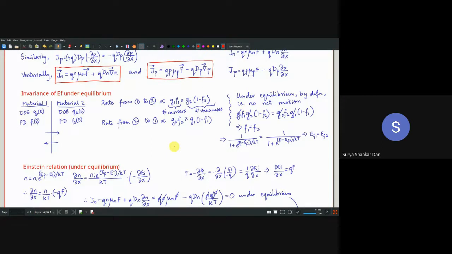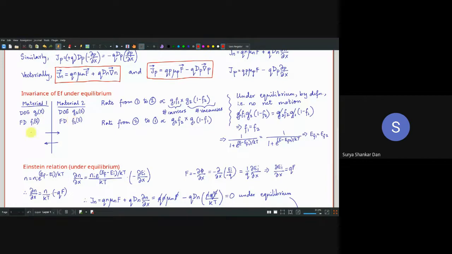Okay, so this is the reason. Suppose we have got two different materials here. If it is a diode, N-type silicon, P-type silicon भी बता सकते हैं. Like any different materials throughout the device, because remember, a device is a combination of different materials, right? All right, so material 1, material 2, density of states G1, G2, Fermi-Dirac distribution function F1, F2.